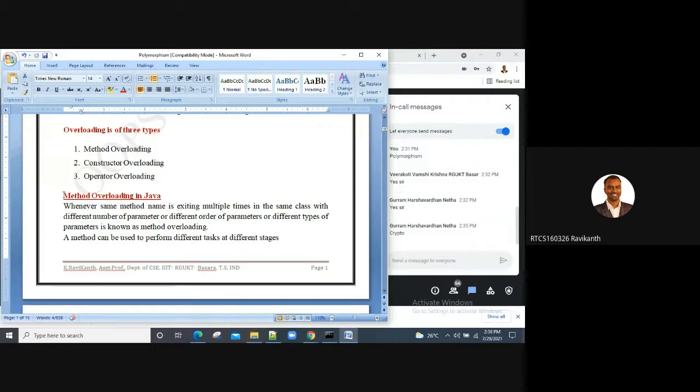Again, I'm repeating, in the same class, a method can exist multiple times, you can write it that way, but there must be a change in the number of parameters, or order of parameters, or type of parameters, the data type.